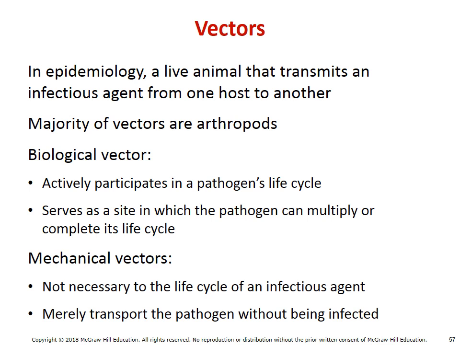So we already defined vectors a little bit ago. A vector is something that's going to carry something, but in the case of disease, we're going to talk about disease vectors. And these really come as typically arthropods or even some insects. I want to point out that there are two different types of vectors, biological vectors and mechanical vectors. A biological vector actually participates in the life cycle of the pathogen or promotes it and allows it to reproduce inside of it. A mechanical vector, on the other hand, is not typically going to do this, but instead is just merely going to transport the infection to someone.